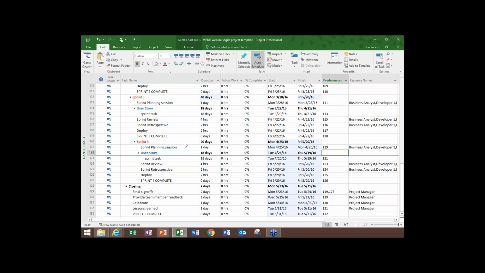So now we have another 20-day sprint and adjust the depth of it. And there you go. So within about 10 seconds, you're able to create another sprint.